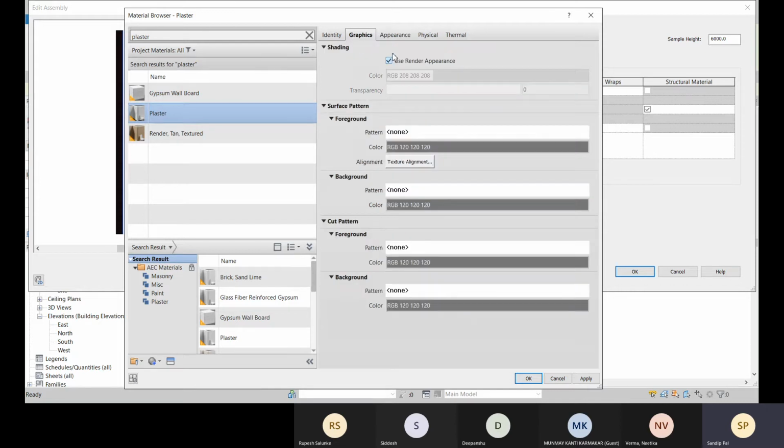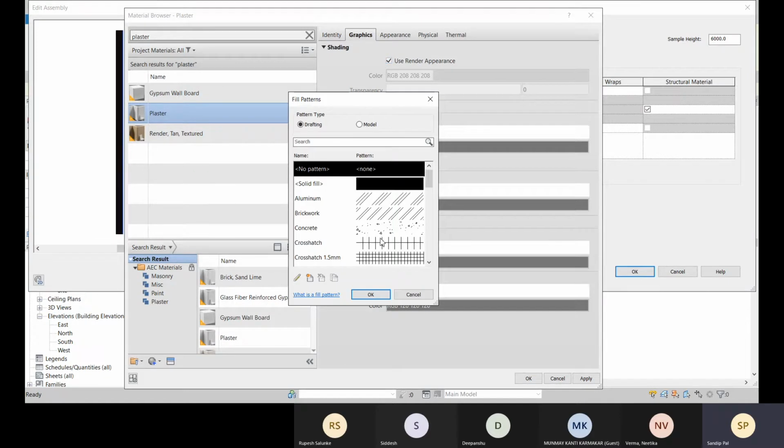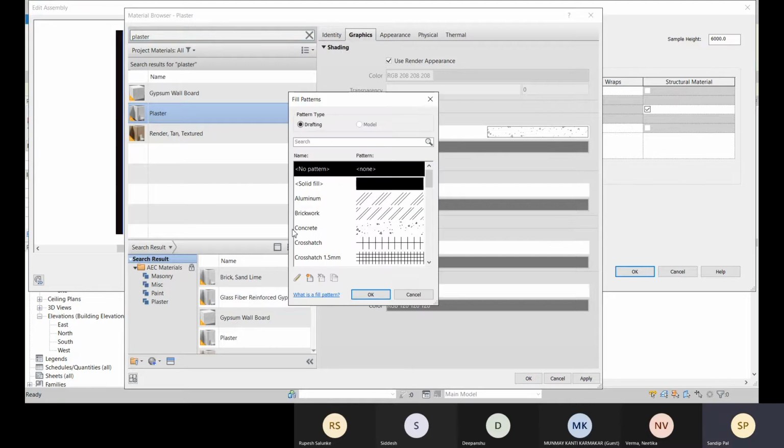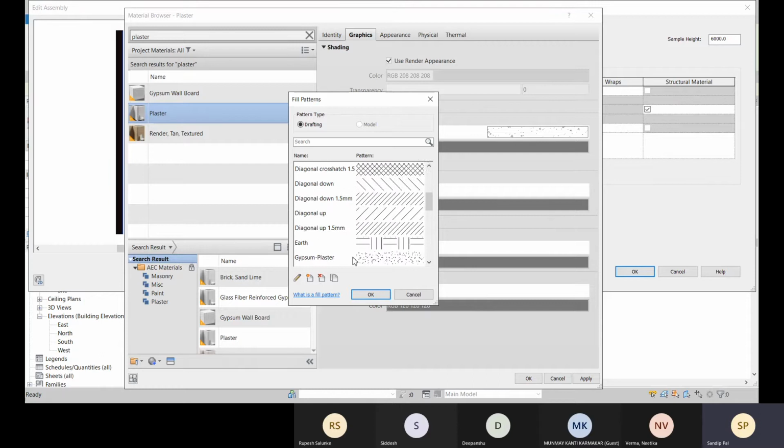I'm going to just click here, so that appearance will be visible in the shaded visual style. And after that, let's click on apply. And if you need to apply some pattern over there, you can go for this pattern. You can apply this. All right.